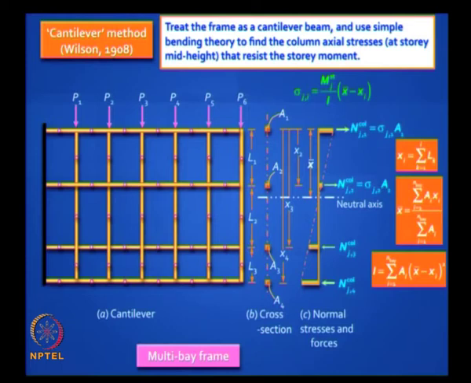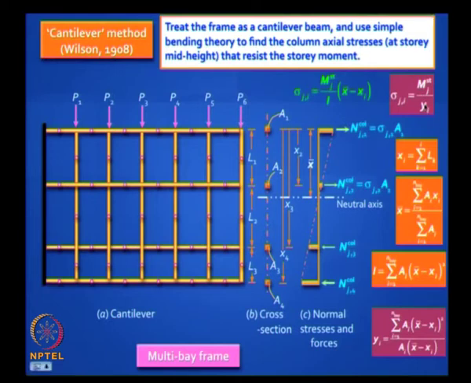Now how do you get these properties? Well, it is just areas, centroids of areas and so on. So you can easily get the second moment of area, and if you substitute these formulas you will get a much more compact formula. Sigma is M by y. It's like let's say you replace that complicated frame with just one top chord and one bottom chord and the lever arm is y, then it is a bending moment divided by y. So this is an equivalent reduced lever arm y, which you can prove to be this quantity, using these formulas.